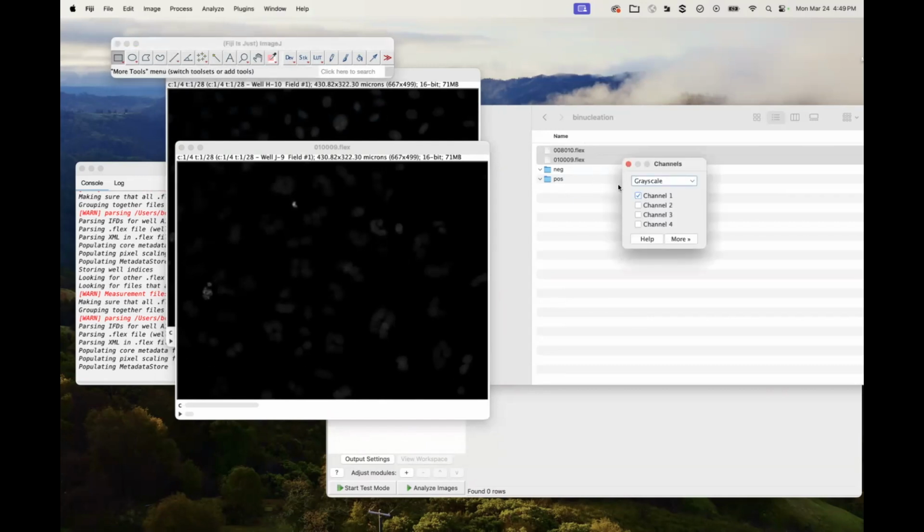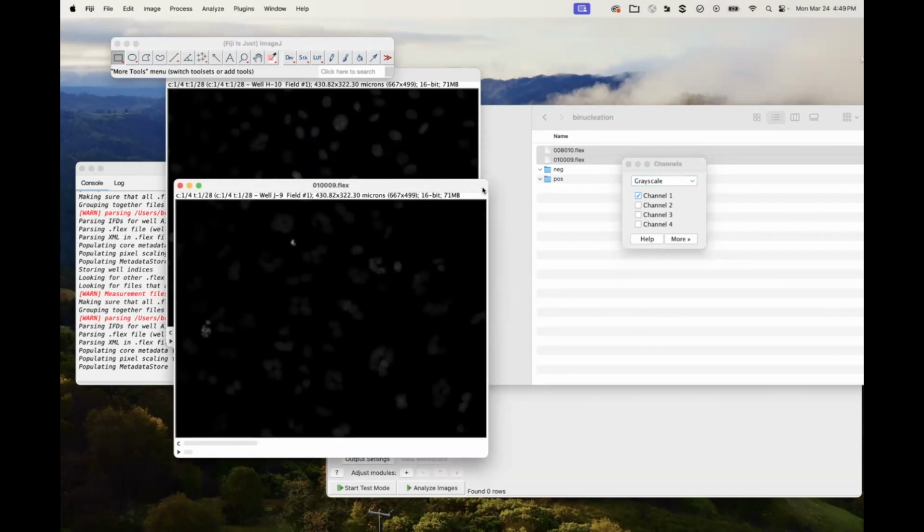Yeah, I think that is like so many good principles there. First thing you do when you get any data is look at it, right? We are biologists at heart and we want to see the pictures first. And then yeah, ImageJ is a very usable tool for looking at images. So here we are looking at images.